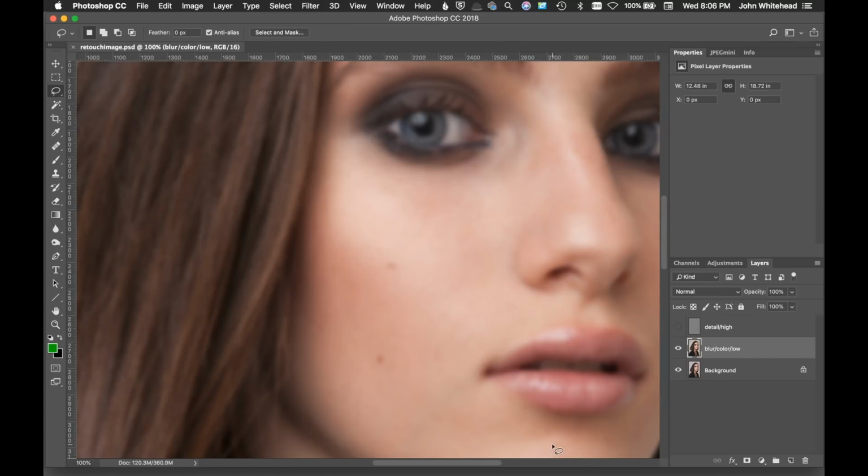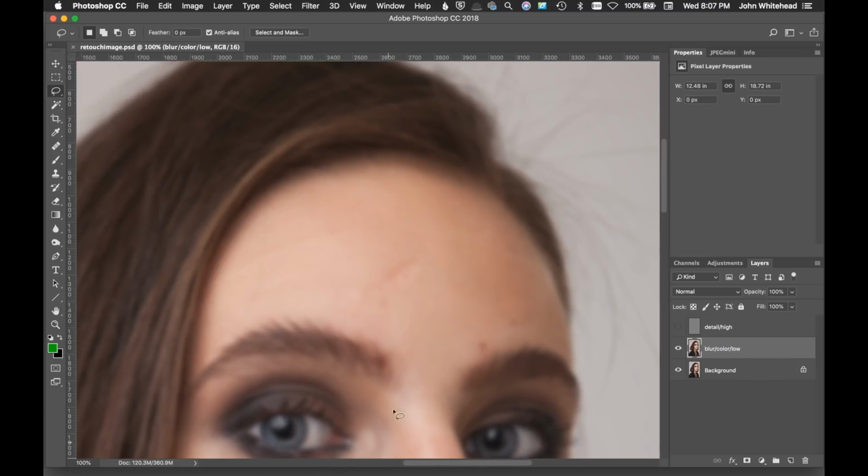All right, so the next step here is we're in this blur color low pass layer, and the object here is to remove any color imperfections in color that we want. So that could be a mole, it could be hair, or if we just kind of go around here. So right here on the scar, this color within the scar is darker than everything else, so we want to